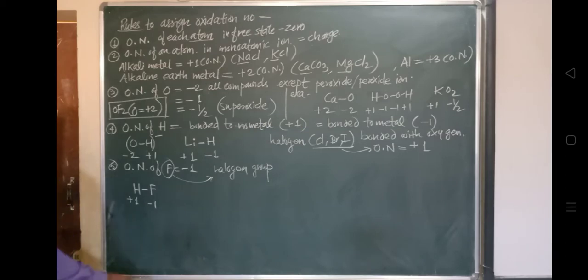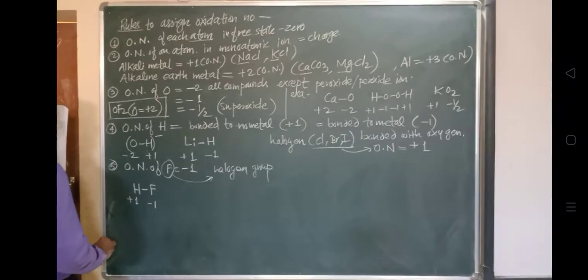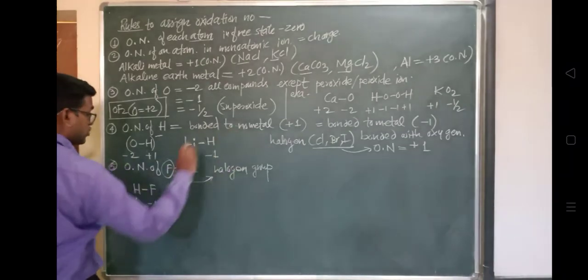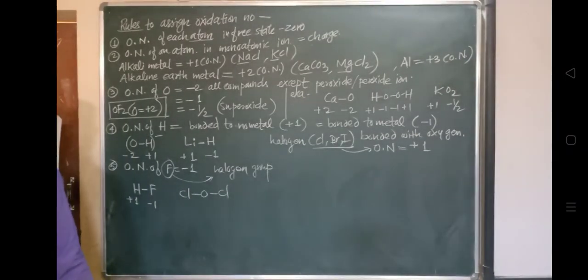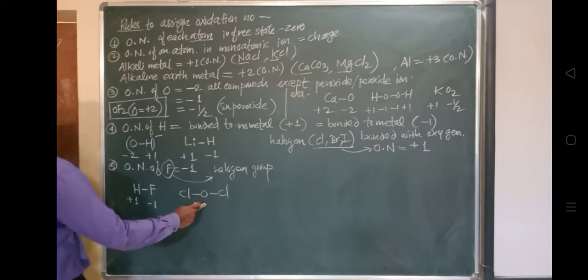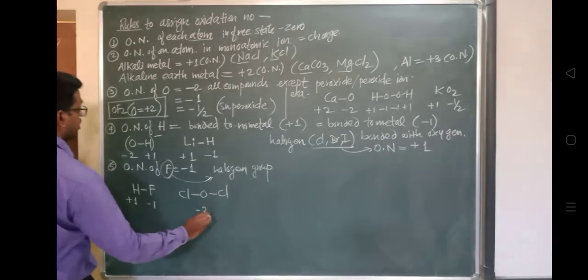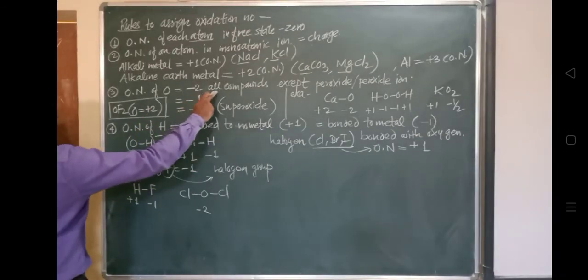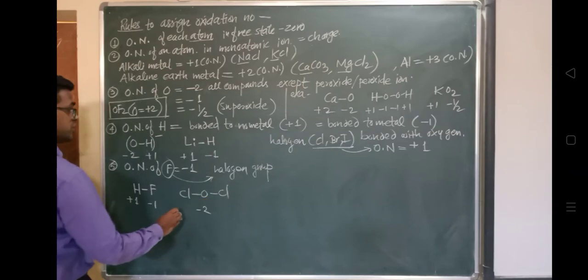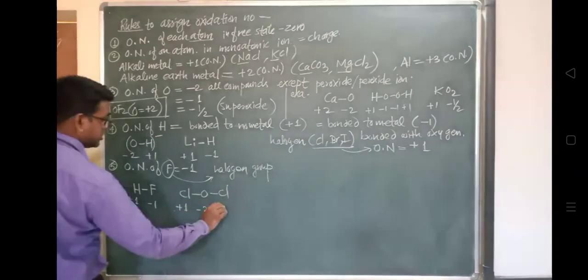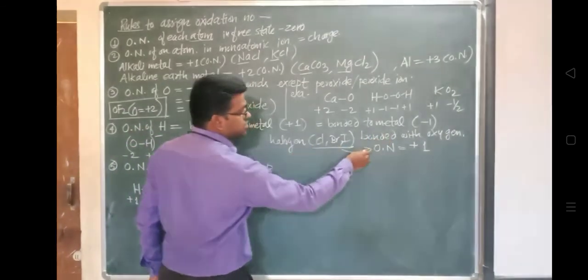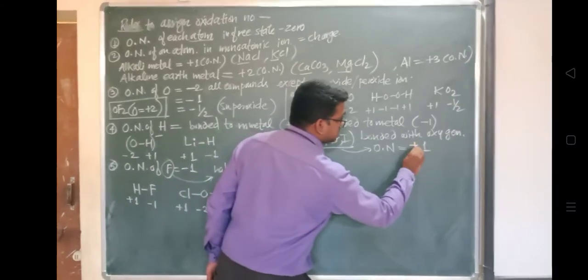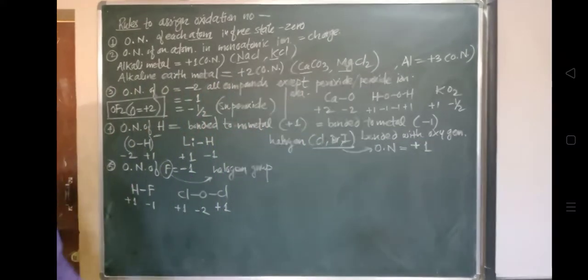चलो, when it is bonded with oxygen, कौन सा halogen group member है, chlorine है. Suppose chlorine is bonded with oxygen, in this way Cl2O. So right now oxygen will show -2 oxidation number, which is generally -2 for all the compounds, and this chlorine will show a +1 oxidation number. Reason क्या है उसका? Whenever these halogens are bonded with oxygen के साथ, their oxidation number is +1. Then you have to remember this.